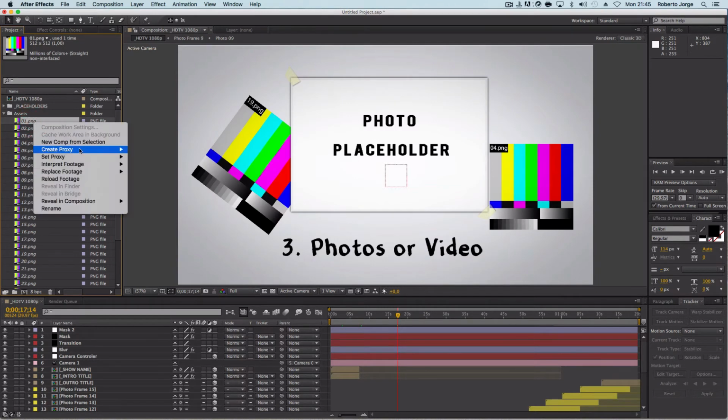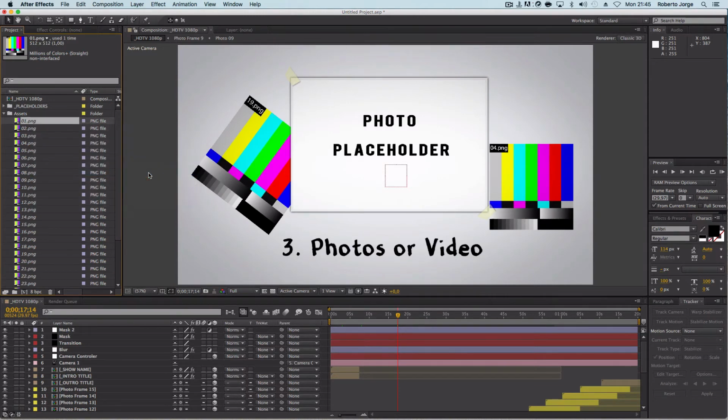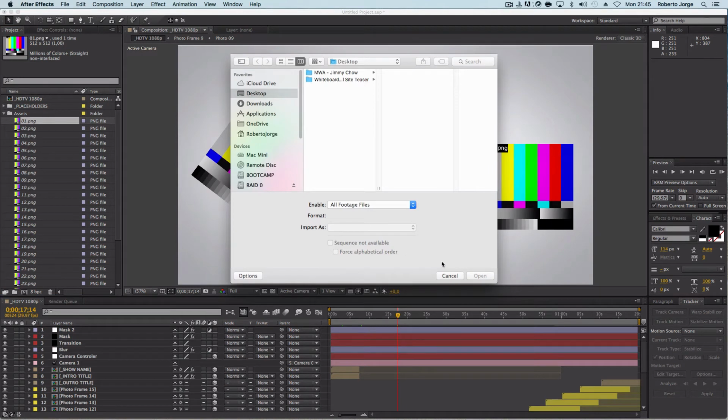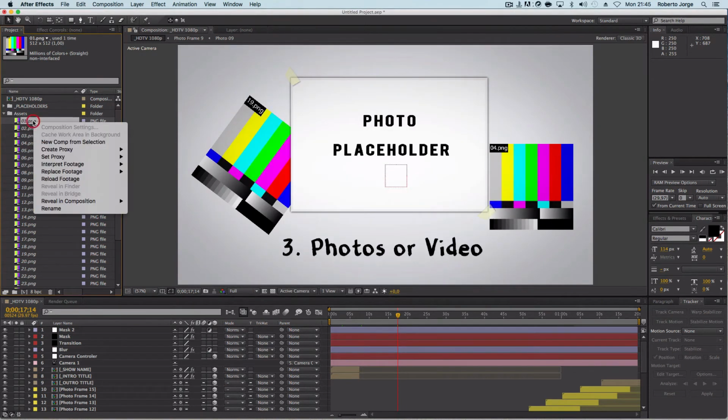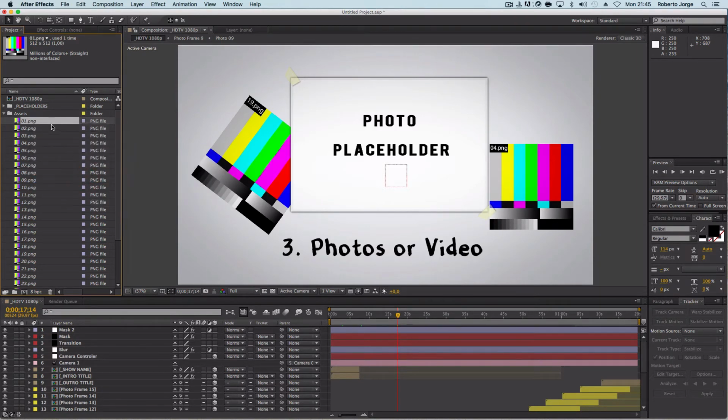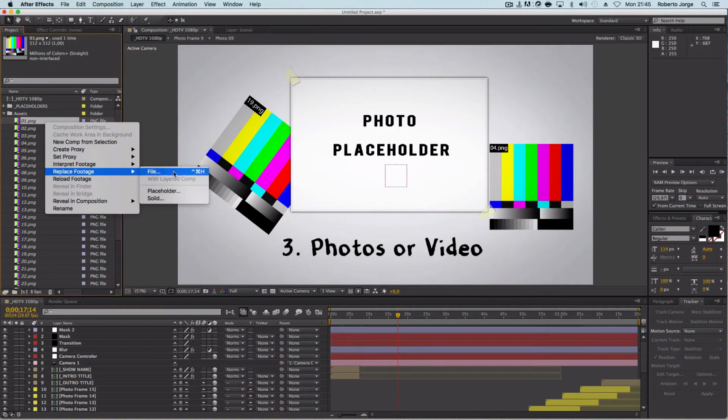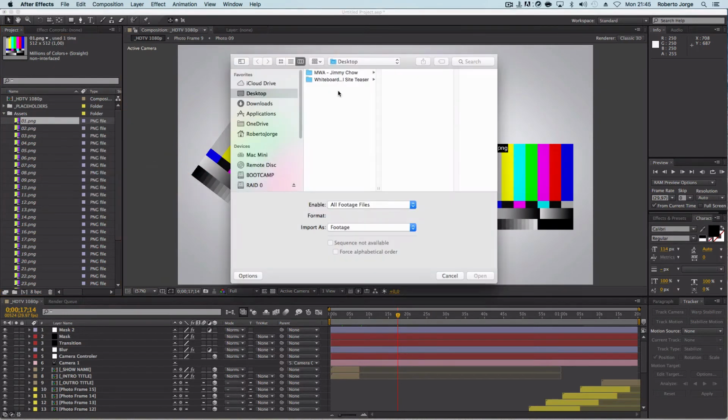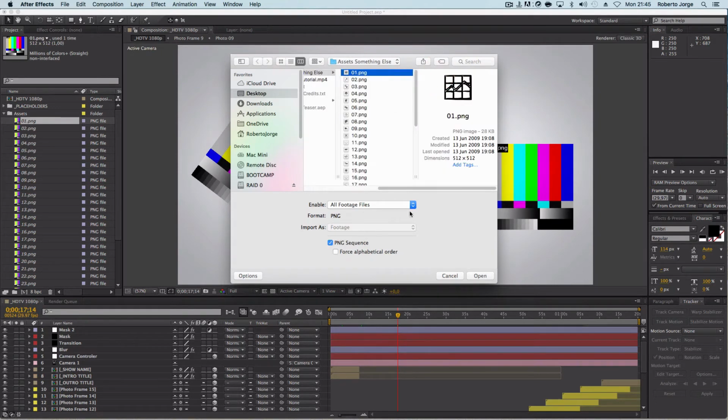I'm going to right click and say replace footage, file, or let's try other thing, which is interpret footage, replace or reload footage. No, we will have to replace footage, file, and let's go to the whiteboard and asset something else 01,